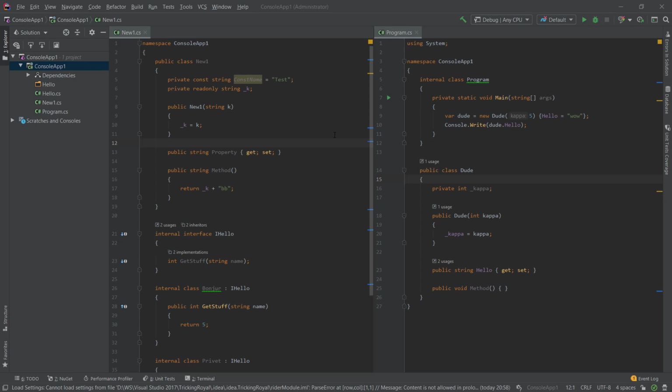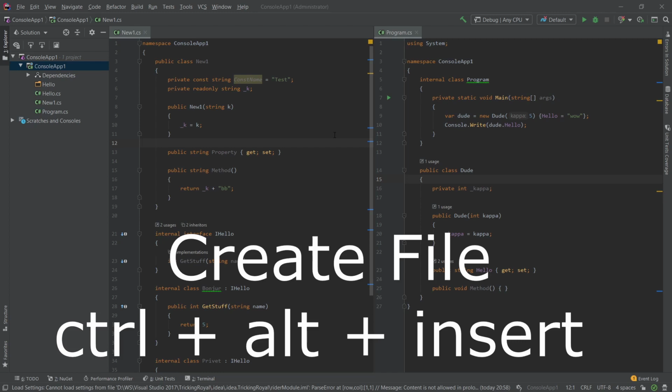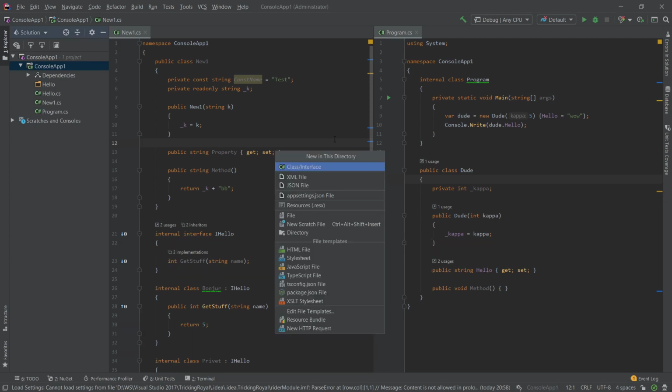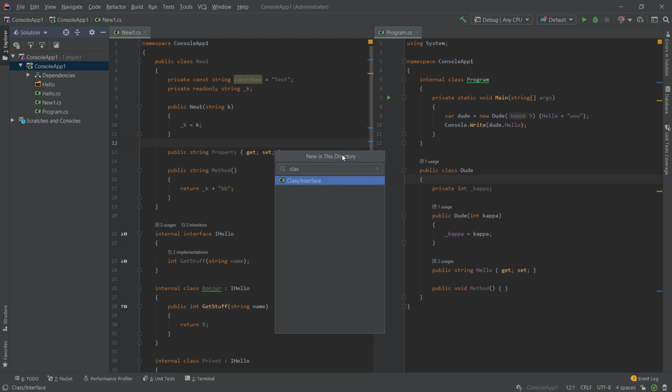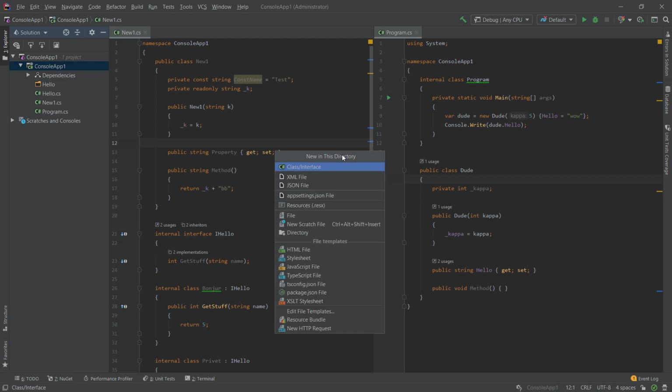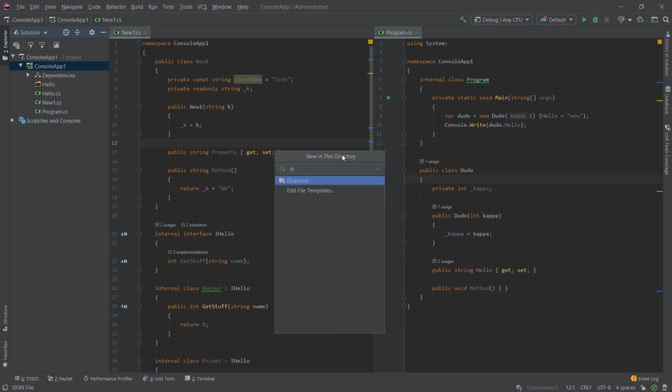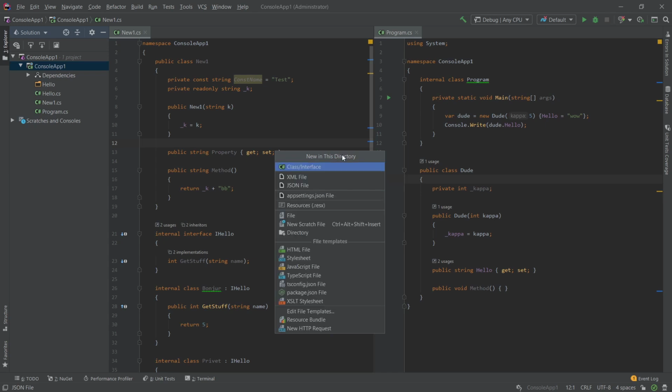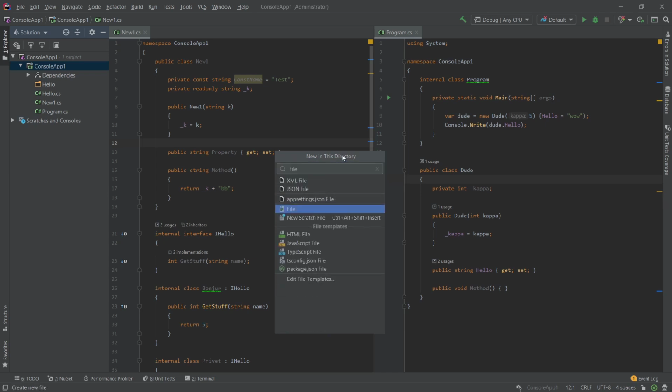Let's get on with the features. The first one that I would like to start off with is creating a file. The keybind for this is Ctrl-Alt-Insert. This brings up a window, and you just go ahead and start typing what you need. So if I need a C# class, I just type that in, or if I need a JSON file, or a directory, or just a file,